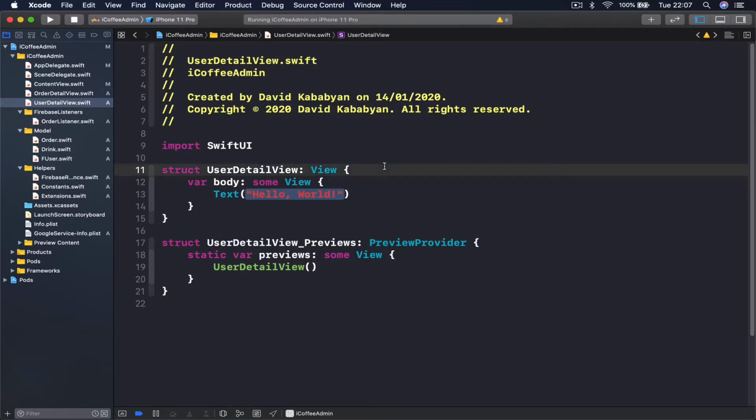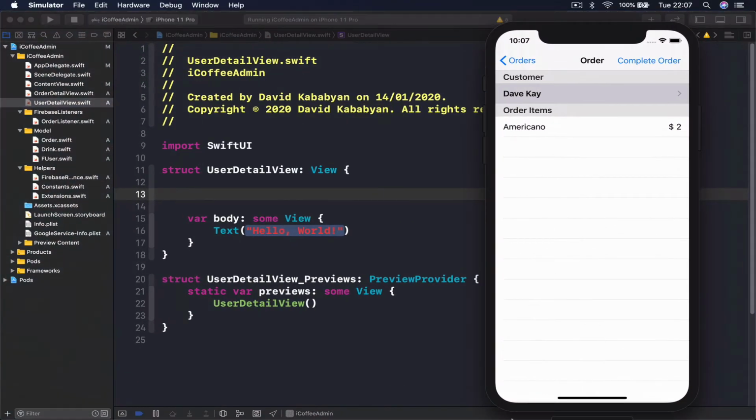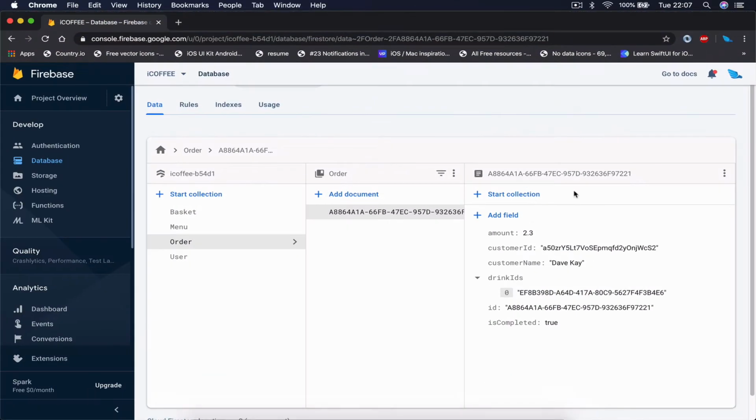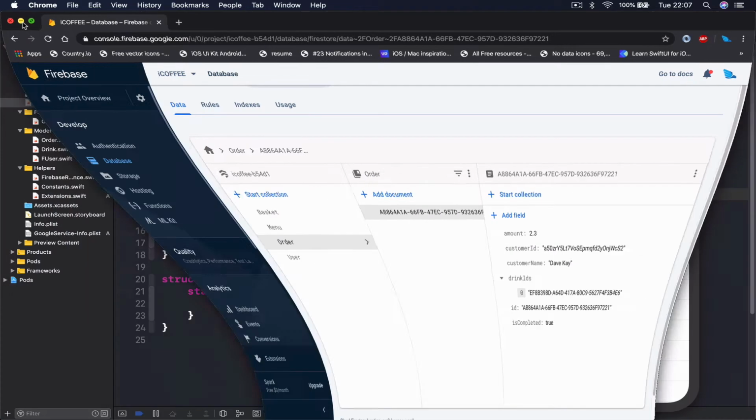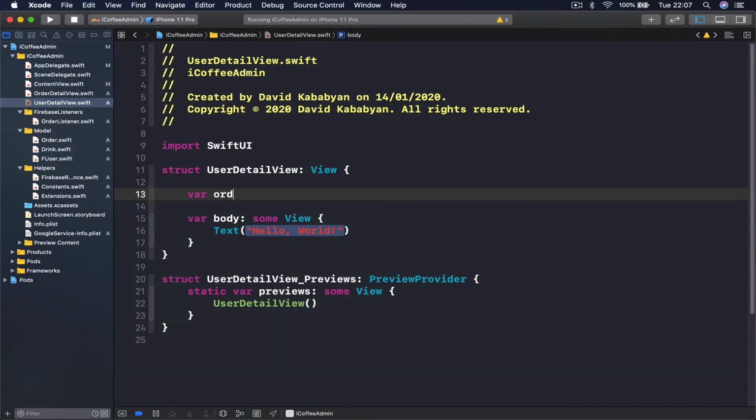Moving to our user detail view, again, to get the user that ordered our drinks, what we need is to first access the order, because each order has an ID of the customer that ordered. So we can use this ID in order to get to our Firebase and download the user object from our Firebase. So let's pass a variable called order,